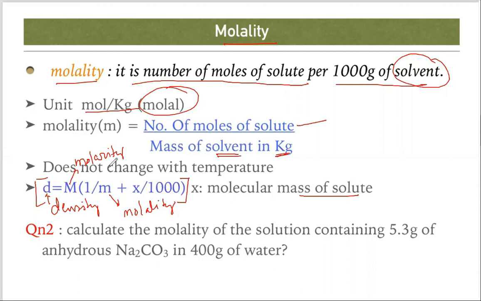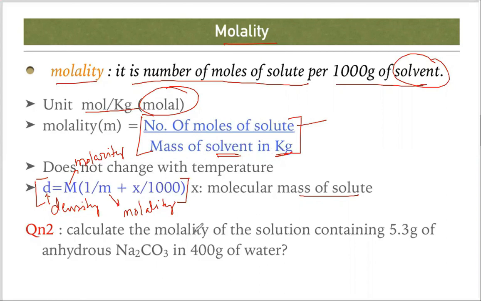So whenever the question asks you to find the relation or the value of some unknown terms, and two of these terms are given, and the mass of solute is also given, you can find out the third term. So use this formula to find the relation between density, molarity, and molality. Now coming to our concept, molality. How can you calculate the molality? Number of moles of solute, as we already know how to calculate, divided by mass of solvent. Based on this formula, we are going to solve a numerical.